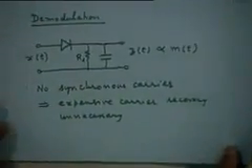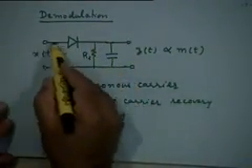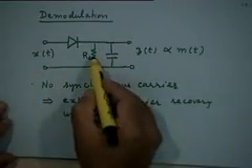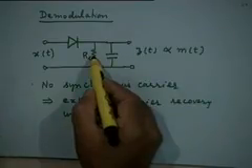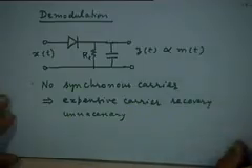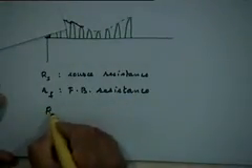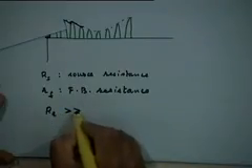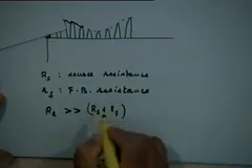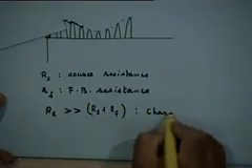And what will be the charging path? The charging path is essentially this. This is the charging path, right? The capacitor charges like that. Assuming that RL is sufficiently large, it will hardly affect the charging path. So if you assume that RL is much greater than RS plus RF, right, the charging path,